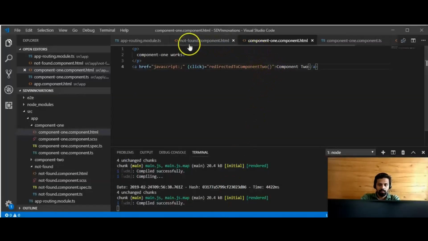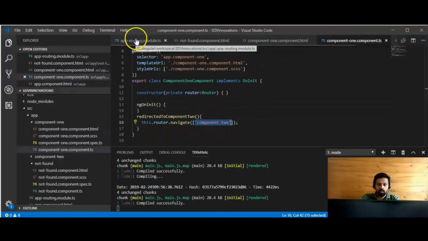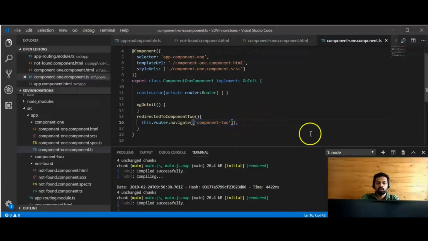Next we can check on component 1, and on pressing component 2 it's redirected to page not found. It's because on the navigate function only the path name is there and there is no parameter here, that's why it's directed to the page not found component. So add the name